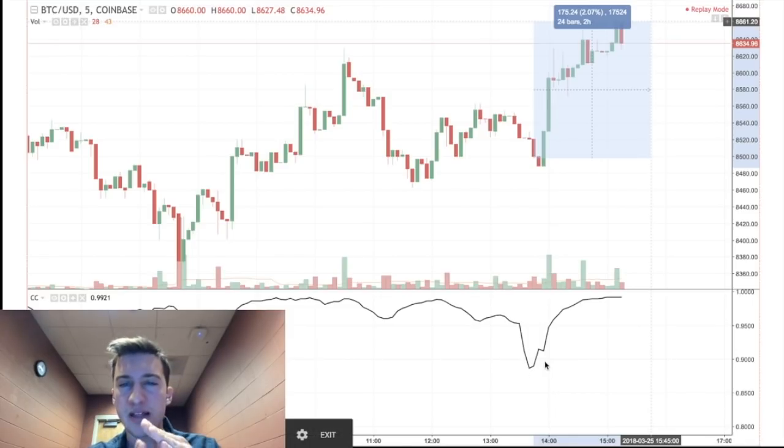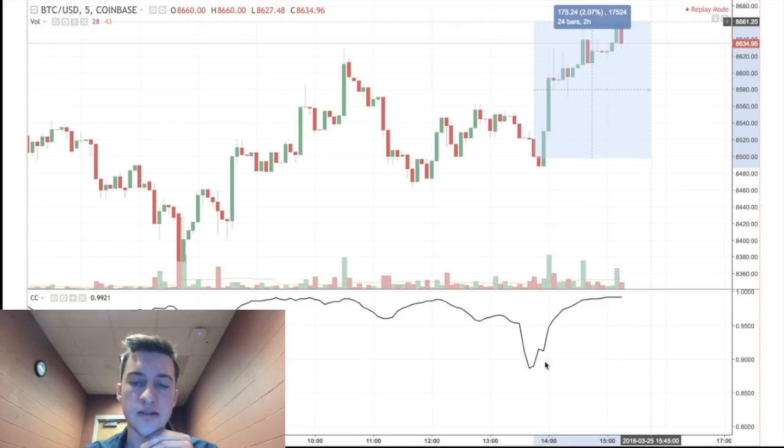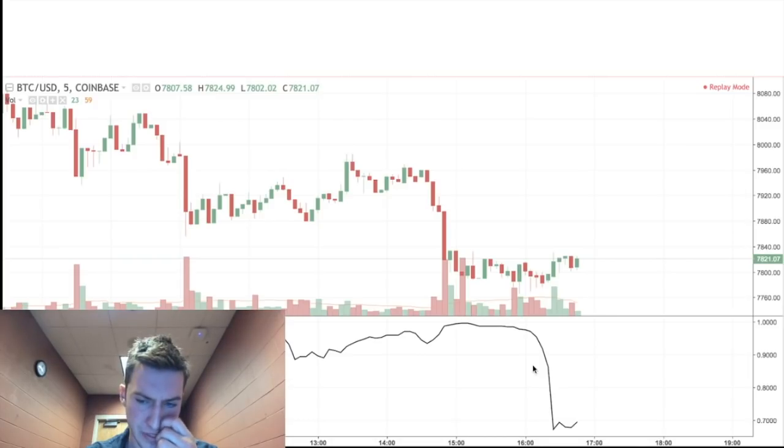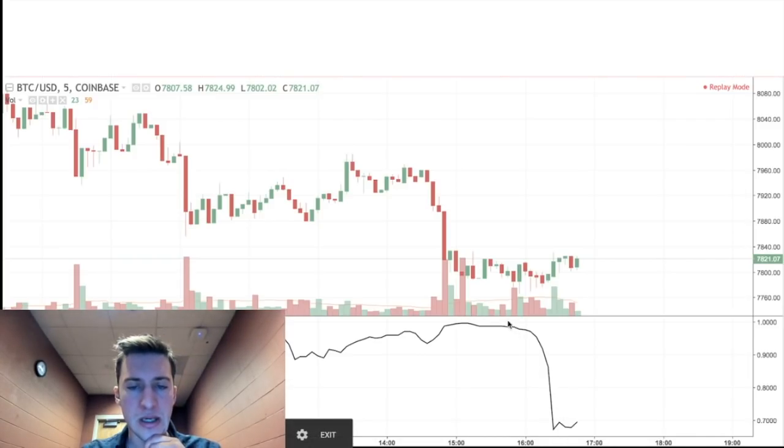If you had waited for that slight amount of beginning for Coinbase to begin to conform to Bitfinex, then you would be buying at an optimal price. Okay, here we have a much more dramatic example where the correlation coefficient to Bitfinex goes to about 0.6, I think 0.68, 0.67, down to here. The market's consolidated on Coinbase, but on Bitfinex, the price was up here.